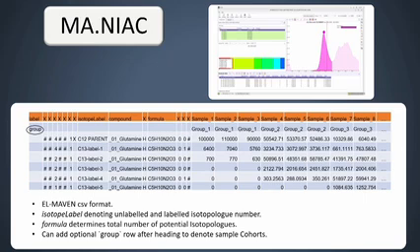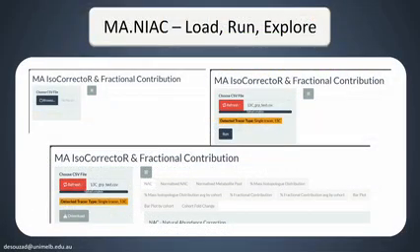Added in there, you can also add in a group if you want to also further down the track be able to sort your information into cohorts as well. So that's a very simple, straightforward output, and that output then goes straight into our MANIAC